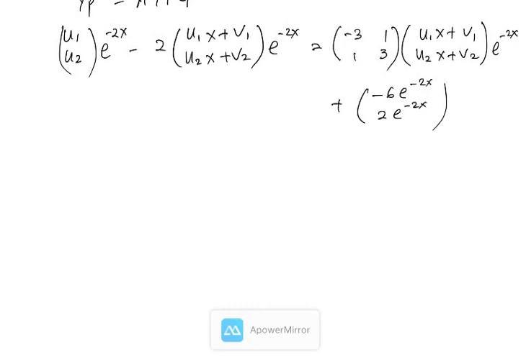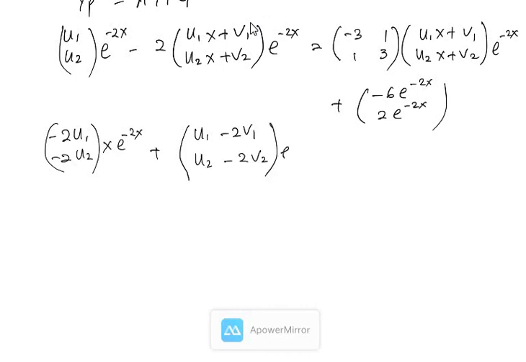My way to simplify is I collect all the e to the negative 2x terms and also the x e to the negative 2x terms. So you have the negative 2u1. Now I want to collect the x e to the negative 2x, so here I have the x. So I will have negative 2u1 and negative 2u2. So this is for the x e to the negative 2x. And then plus with e to the negative 2x, so I have the u1 and also the v1. So u1 minus 2v1 and u2 minus 2v2 e to the negative 2x